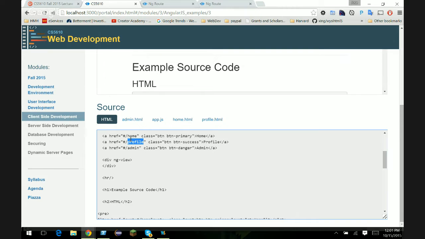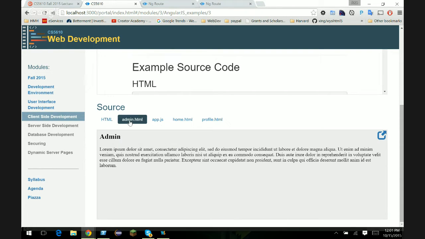Now the actual pages that we're going to feed in here are these. Here's admin, so it's admin, lorem ipsum. Here's home. They're all the same, except that the title is different. These are the three partial HTML pages. They're not HTML pages on their own, so they don't have an HTML tag, they don't have a header tag, they don't even have a body. If we open them